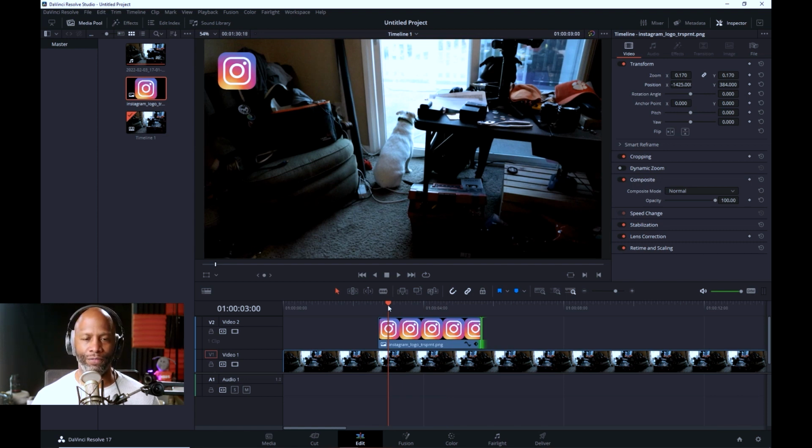Let's have it move from top to bottom. So we'll start right here on this particular point. And we'll go over here to the right inside of the inspector tab. And again, you have these little diamond icons, which are keyframes. So we're going to hit this first diamond for the position that is currently set to. We're going to move ahead in time, and then we're going to drag it down to here. This time we're not going to drag it off the screen. We're going to drag it down to there like that. Okay. So now if I go and do a playback,